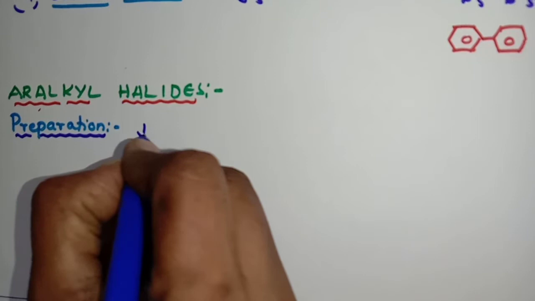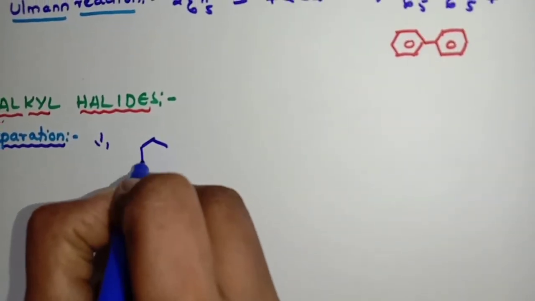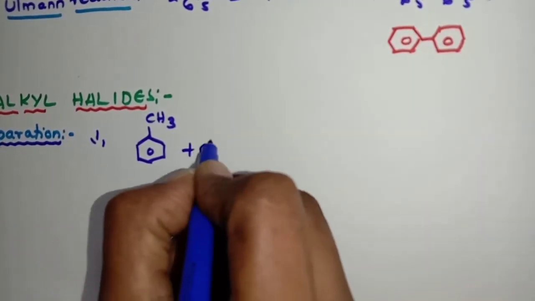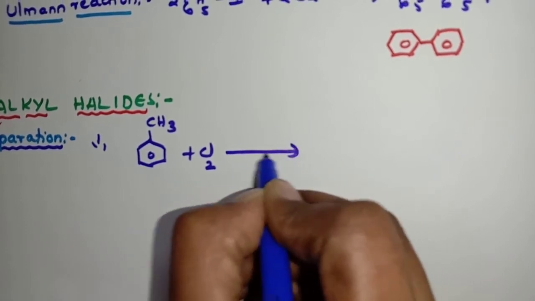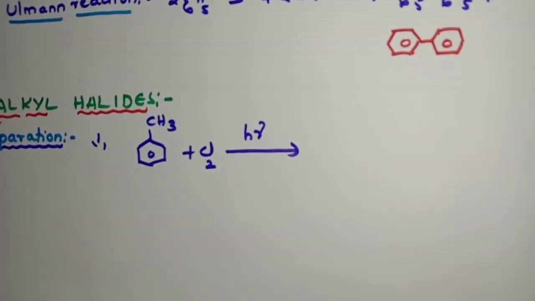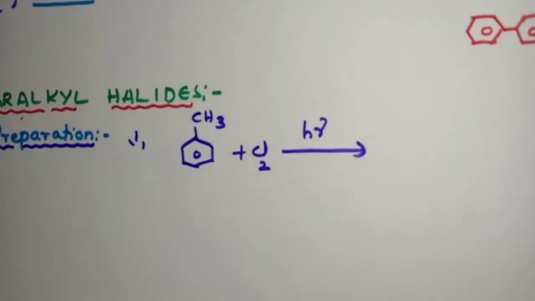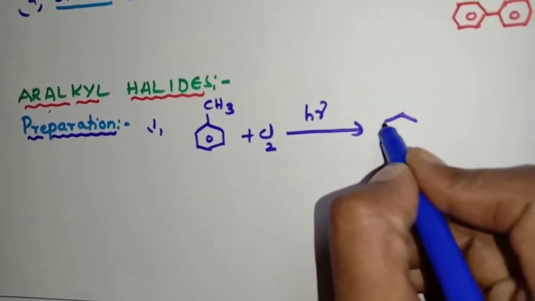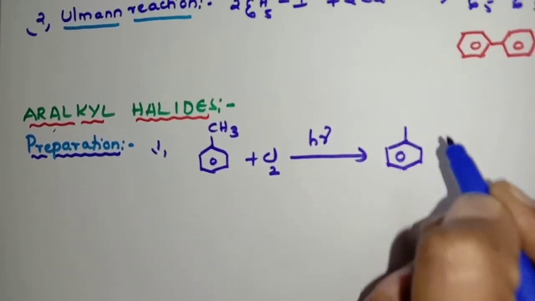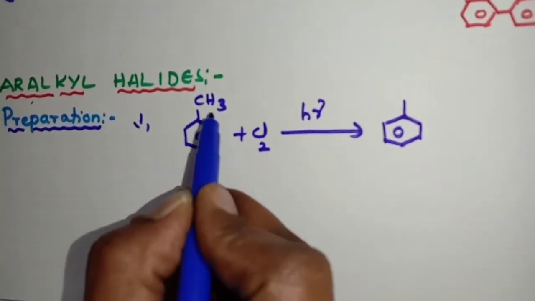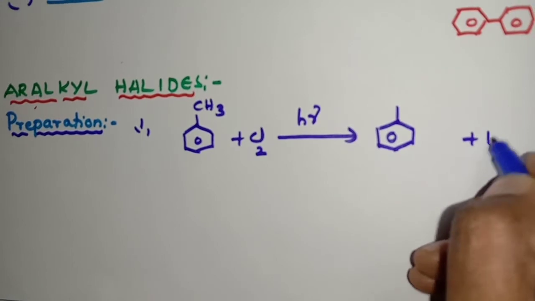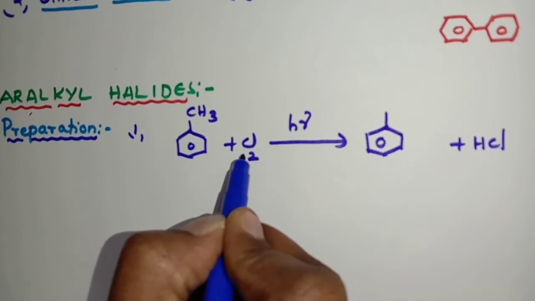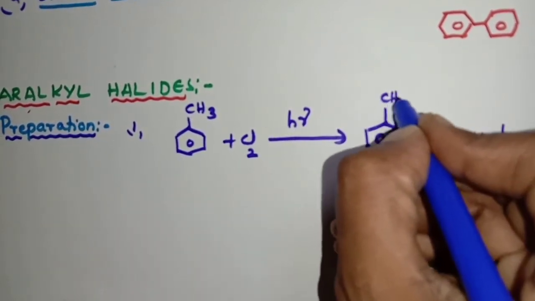Okay. Number 1, taking methyl benzene on chlorination in the presence of light. C6H5CH3, methyl benzene or toluene, plus Cl2 in the presence of light. What happens is, look here, students, one Cl and one hydrogen comes out as HCl. So how many hydrogens are here now? Only 2. How many chlorines are here? Only 1. So CH2Cl, we will get the product.